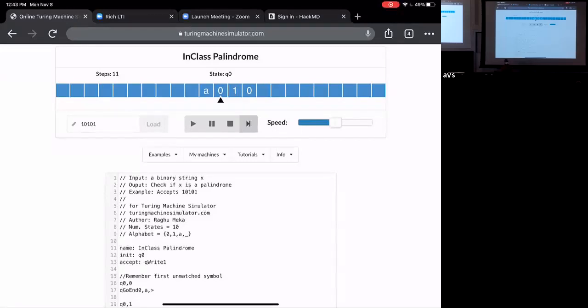Now I see 0, so I end up in go end 0, go to the end, and so on and so forth. You have to be a little bit careful about the end case, but that's some minor details which you can fill in as needed.